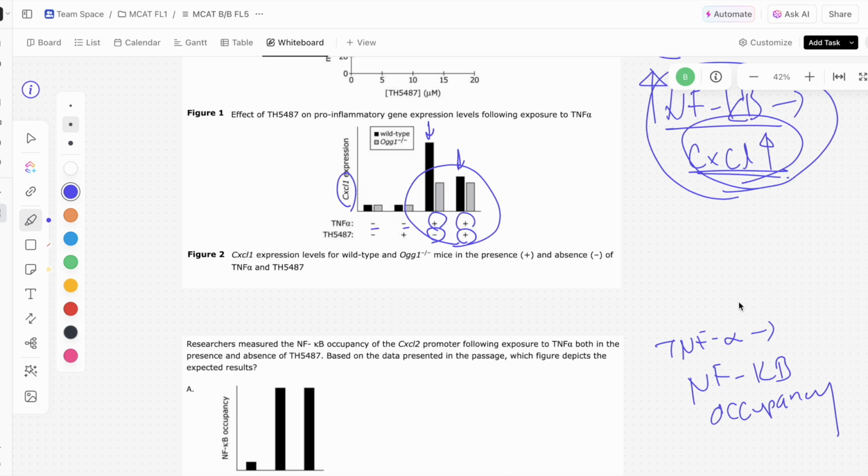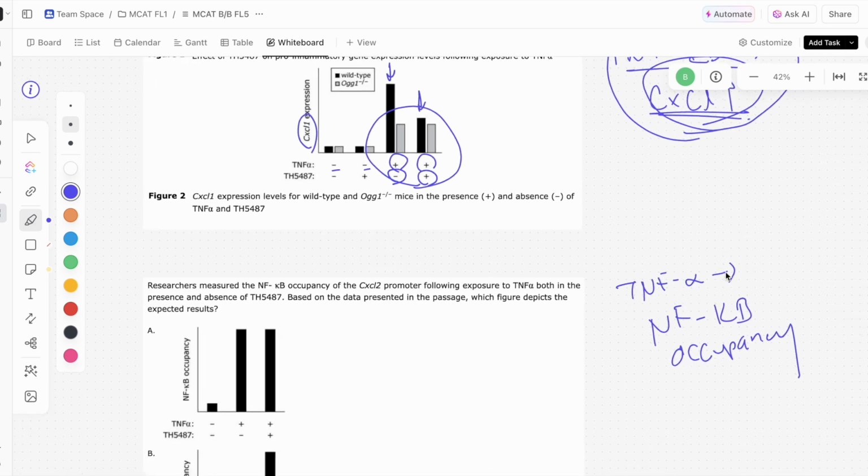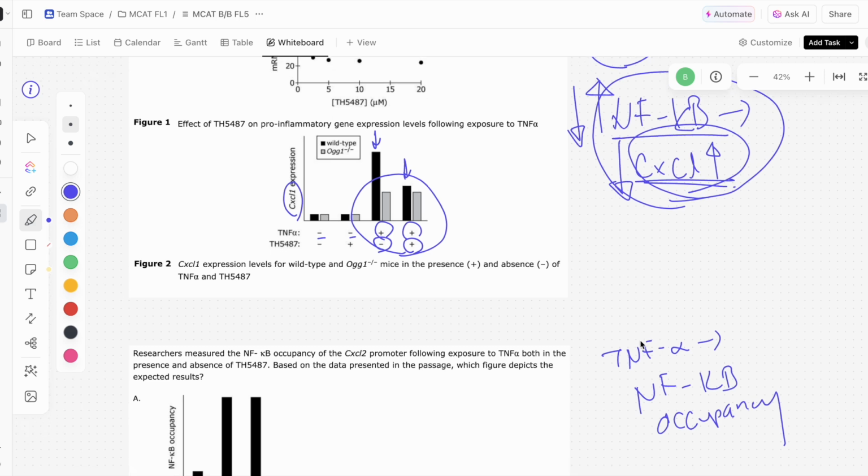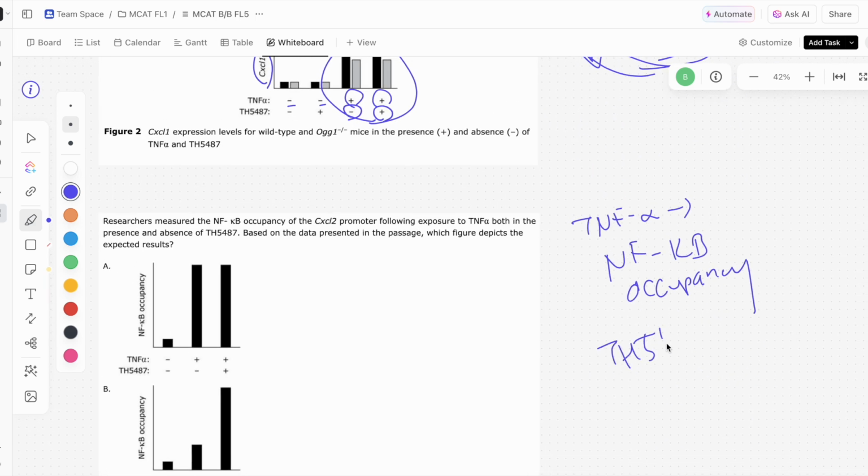What does that mean for us? If we have a decrease in the CXCL1 expression, that means for us that NF-kappa B is not binding onto those promoters as much. So what does that mean? TH5487 leads to a decrease in NF-KB